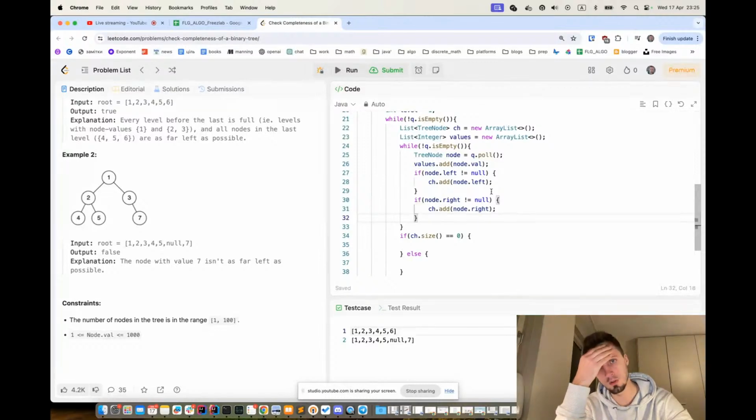When I'm on the first one, for example, let's imagine I take 1 and I put 2 and 3, and I should check that I have this one. Then I have 2 and 3. So when I pop 2, I put 4 and 5. Then I pop 3 and I put